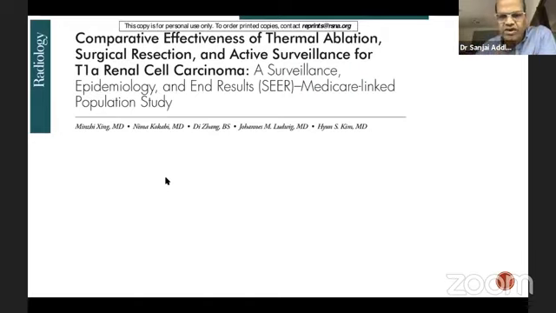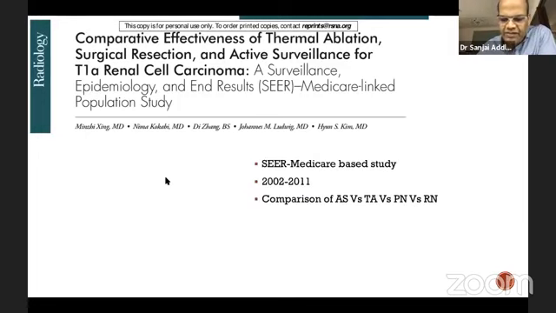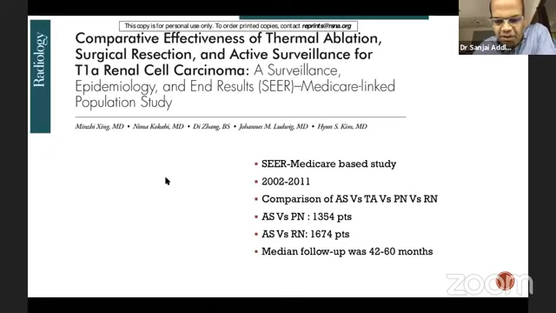I'm going to ignore the thermoablation because that's not the topic. When you look at the numbers, these were propensity score matched. When they had active surveillance with partial nephrectomy, they had 1,354 patients in each cohort. When they looked at active surveillance versus radical nephrectomy, they had more than 1,600 patients in each arm. Median follow-up was around 4 to 5 years. So I'm only comparing active surveillance to partial nephrectomy, and active surveillance